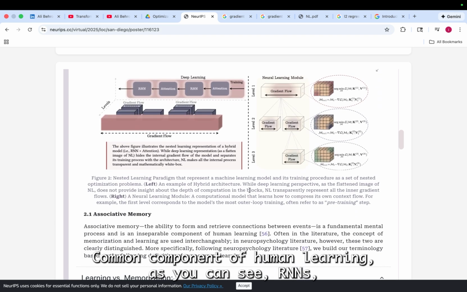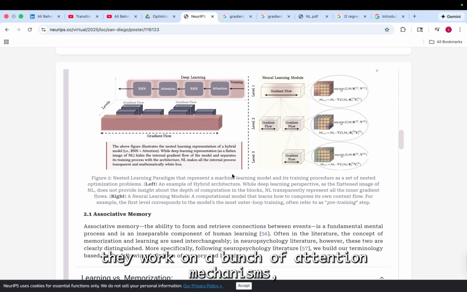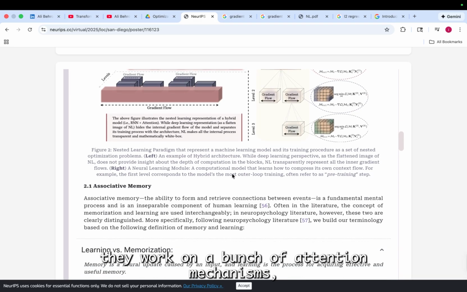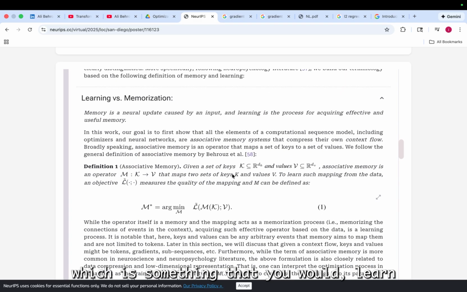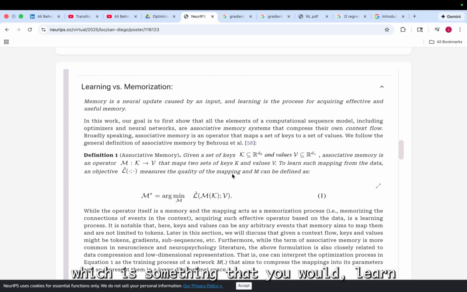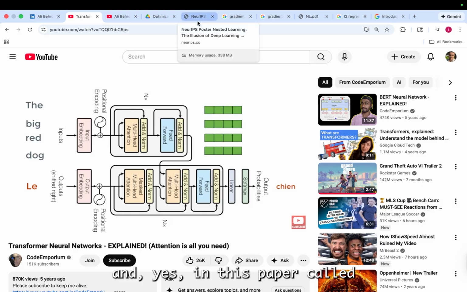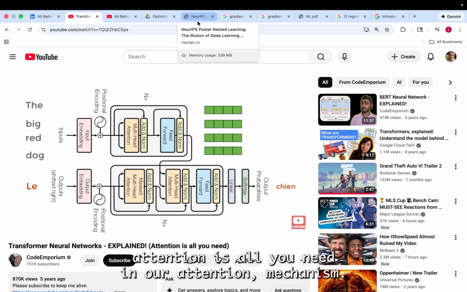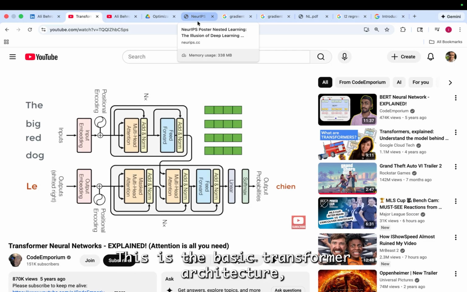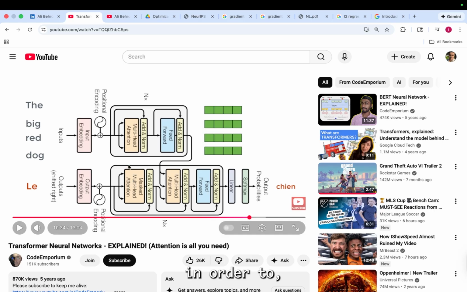And as you can see, RNNs work on a bunch of attention mechanisms, which is something that you would learn in the paper called "Attention is All You Need", in the attention mechanism. This is the basic transformer architecture. In order to